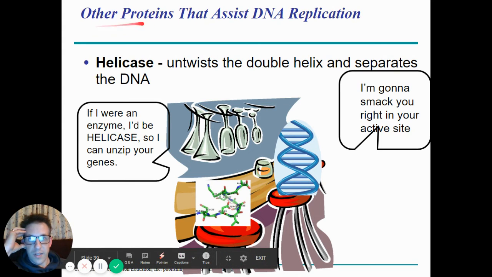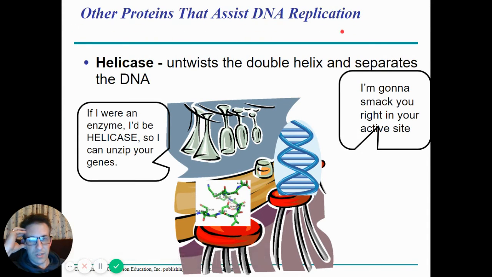Now, those other things that I talked about in the picture just previously fall under these other proteins that help assist in DNA replication. So I'm going to talk about some of the other things that we haven't yet discussed. The picture does get a little bit more complicated. There are other enzymes and proteins that do help with this process, and they all have a very specific little job. One of the first ones we have yet to talk about, and probably should have when we discussed the origin of replication, was an enzyme known as DNA helicase, or helicase. And what helicase does is it untwists the double helix, so it flattens it out, and it also unzips it, separates it, as you can see by